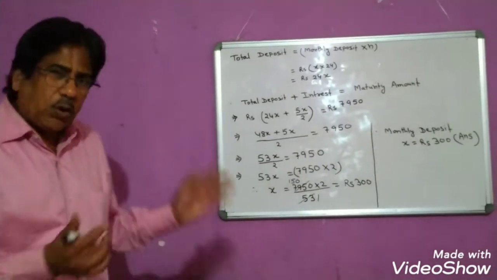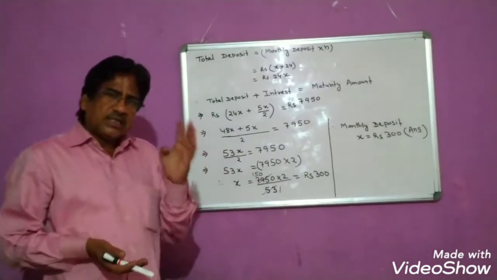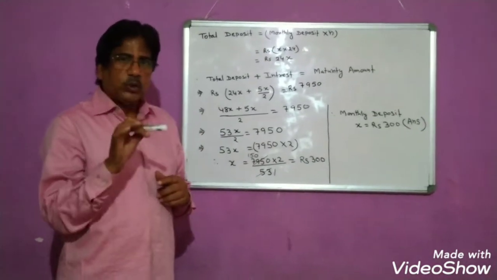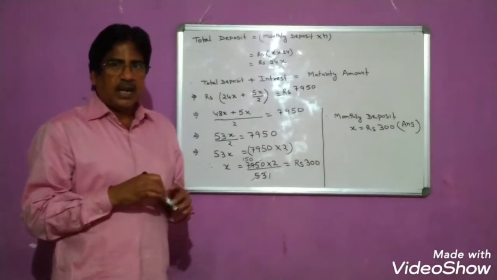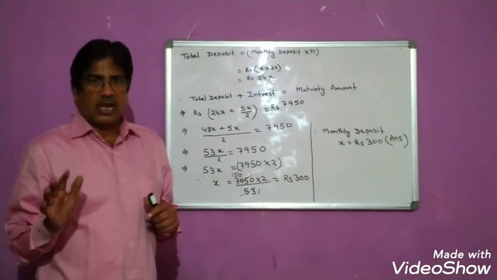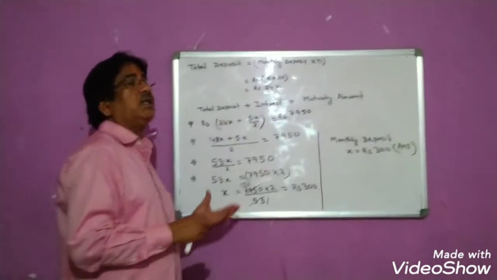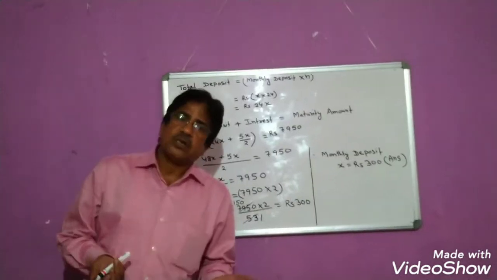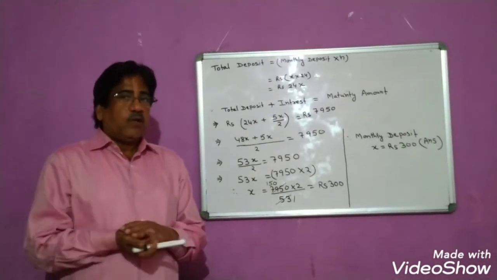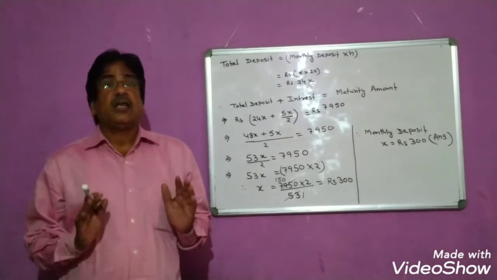In all the questions you will find that we have to follow the same 4 steps. First of all, we will note down the values which are given in the question, and then we will proceed with the 4 steps, and finally the unknown thing which is asked in the question can be obtained. This is how we solve the questions of the recurring deposit account. One more type of question is now left, to calculate the time or number of months.